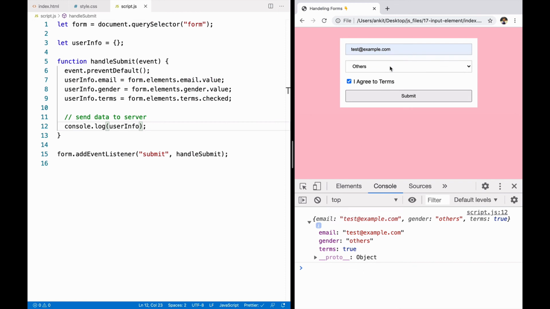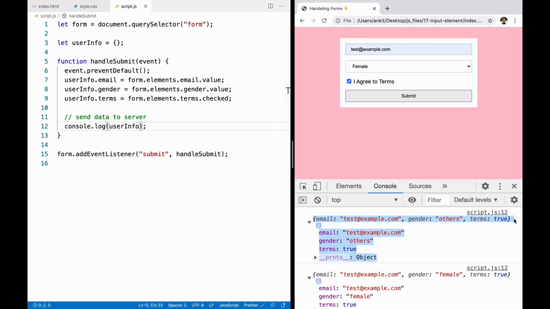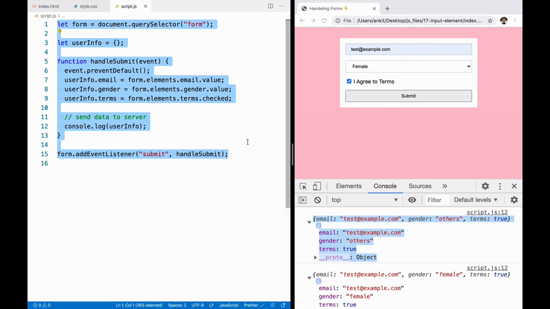But there are two ways a user can submit a form. One by clicking on the submit button, other by just pressing enter. So I pressed enter. So our form is handling both the events, either clicking on a button or pressing enter. And we are getting access to our information, and our code looks a lot simpler and smaller. So whenever you have to combine multiple input elements together, the best approach is to use forms because it does a lot more than input elements.